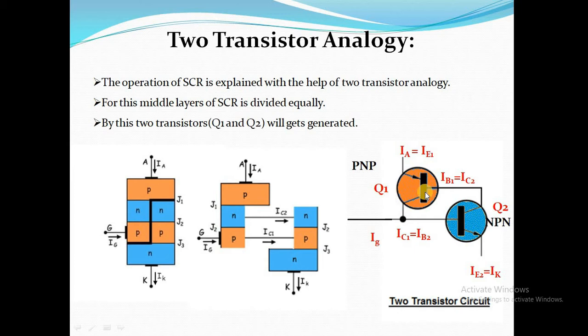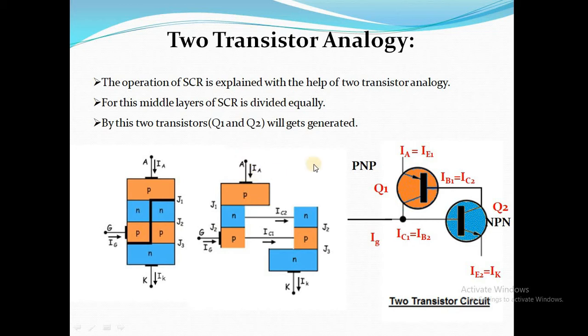So whenever in a transistor we represent a current terminal, that terminal is called the emitter terminal. So in a transistor, the emitter represents the current direction. Next, the base is the middle layer, that is the base terminal, and the remaining third terminal is called the collector terminal. If we observe the layer diagram, the outer P layer has the anode terminal, and through the anode terminal, the anode current is entering into the SCR or the first transistor.